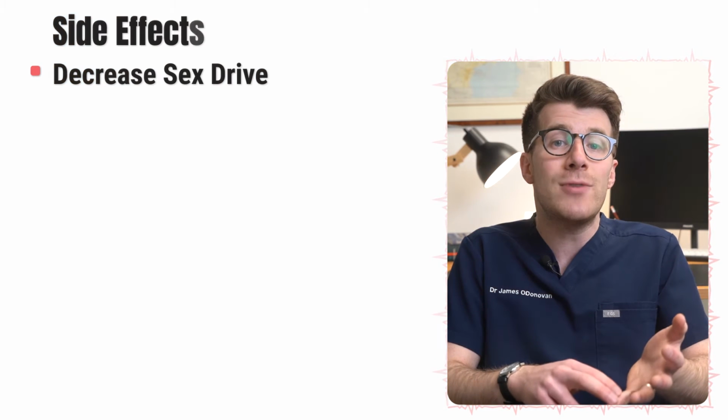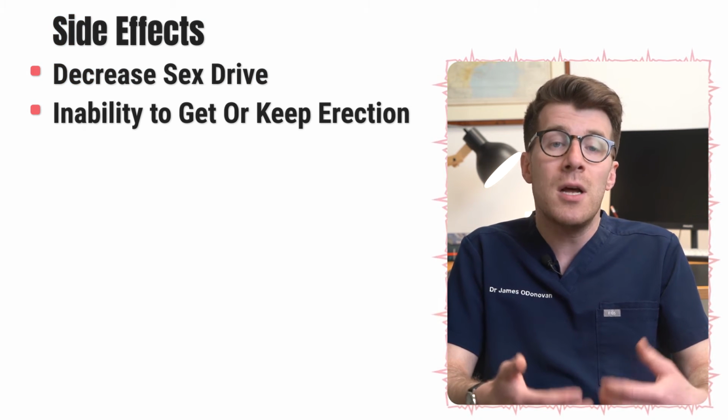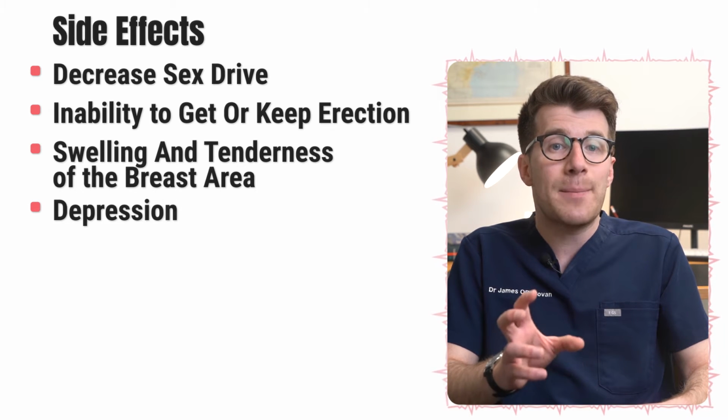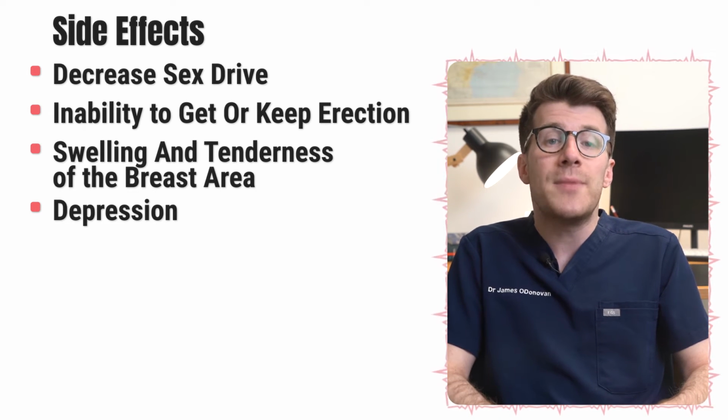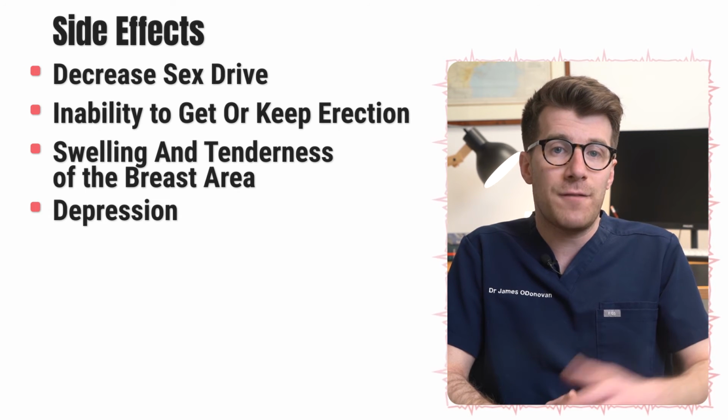These include decreased sex drive, the inability to get or keep an erection, swelling and tenderness of the breast area, and in some cases, depression. It's also been reported that sexual side effects can continue after the patient stops taking finasteride. Now, due to the seriousness of these side effects, you'll need to have a detailed discussion with your doctor before